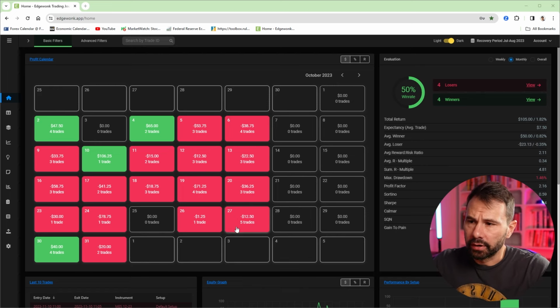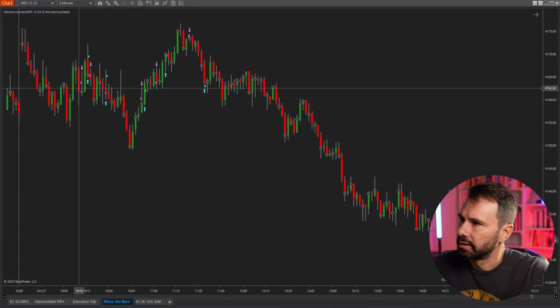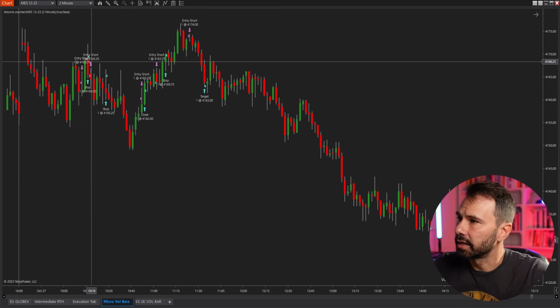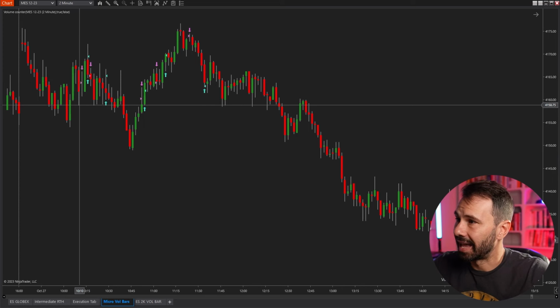And I want to start here on the 27th of November, right? I had 5 trades and it was pretty much break even. I lost $12 per account. This is the 27th of October. Let me figure my trade. So here, if I click, it's a little bit messy, but because I had 5 trades, but